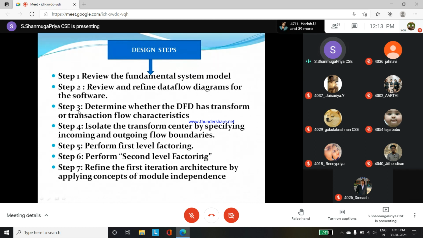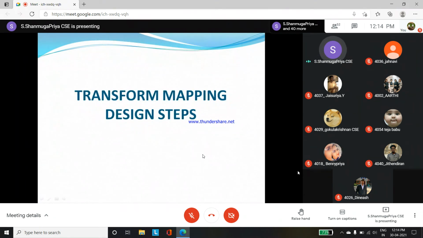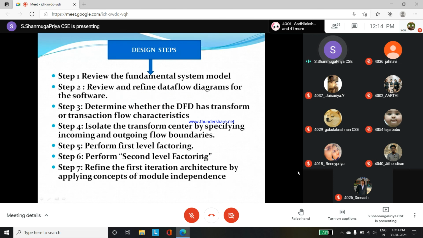Step 3, we are identifying what is the input and what is the output. Identifying the input and output is step 3. Step 4 is, where the incoming comes from and where the outgoing goes, we set the boundaries. So we are setting boundaries in step 4, ma. That is, we have to take action, and in that action we are setting the boundaries. Through boundaries we identify which inputs are coming inside this level of boundaries, and which inputs and outputs belong to the next level of boundaries. We isolate and confirm that.